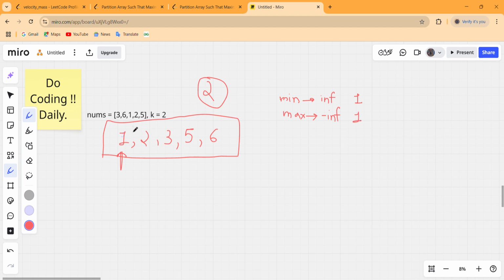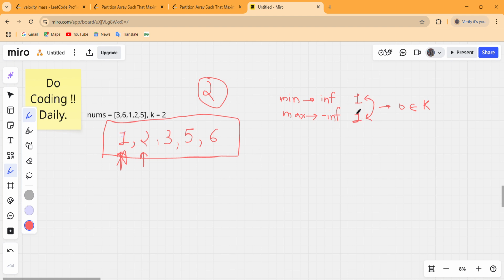and after tracking the minimum and maximum value, check the difference between maximum and minimum, and this is 0. And if the difference is within the range of k, just continue and do nothing.